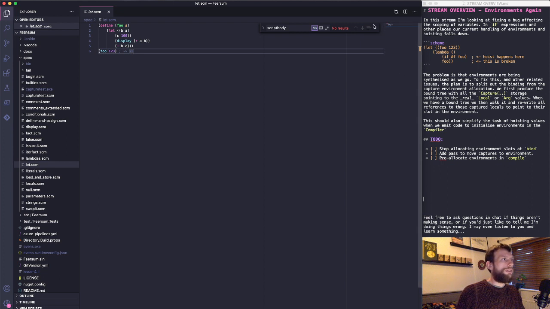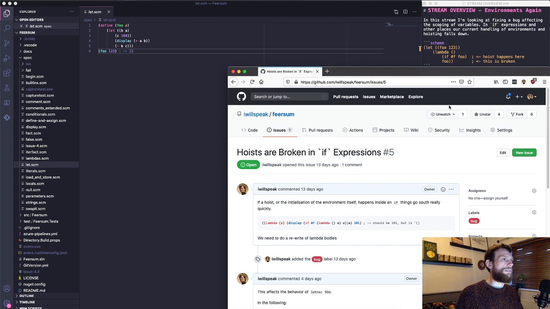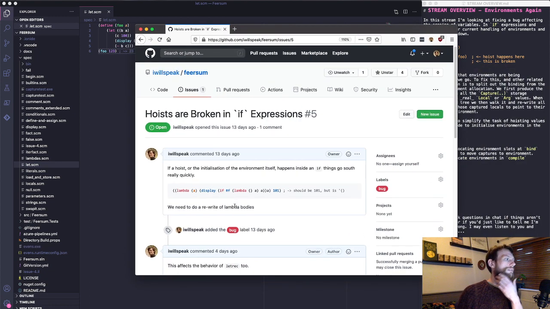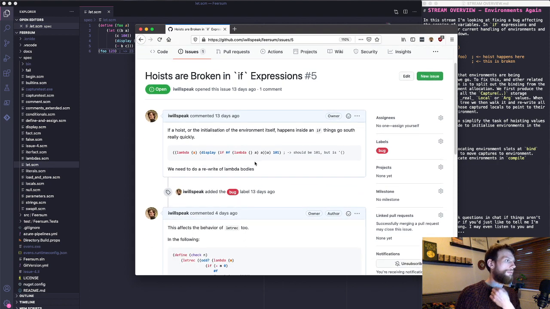But we still have one open issue on the repository about the way that if bindings affect the hoisting of things into captures. There's an awful lot of work that went on to make captures work. So we walk through the tree in the binder, and